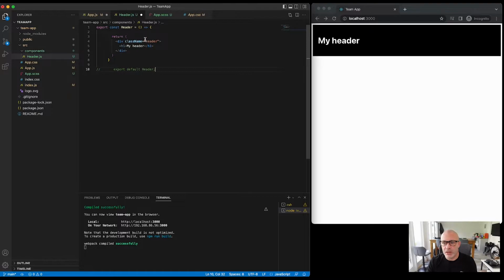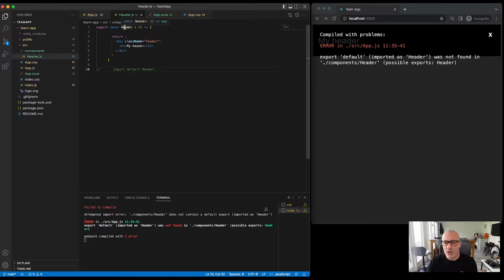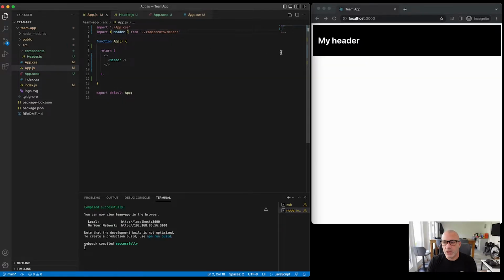If we were to comment out that line and hit save, we're going to get the error export default imported as header was not found. It can't find this header component in the file because it's not exported by default. The best way to think about how these components are exported from files is that they're going to pass back an object of everything that's exported. And on that basis, we could go ahead and deconstruct that object by putting curly brackets around header, and then